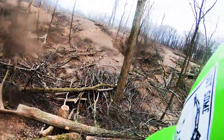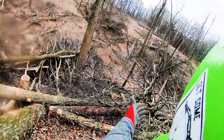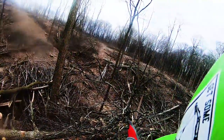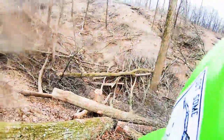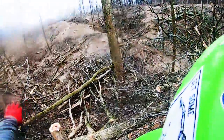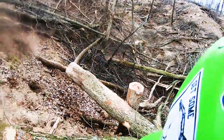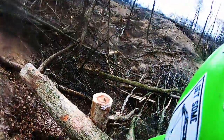Swamped in from bad logging techniques. Very bad logging techniques, because I just burned myself a down walnut tree. Oh, rookie league. I'm going to show you guys something. I hear this all the time by timber cutters that has a struggle between East Coast versus West Coast,